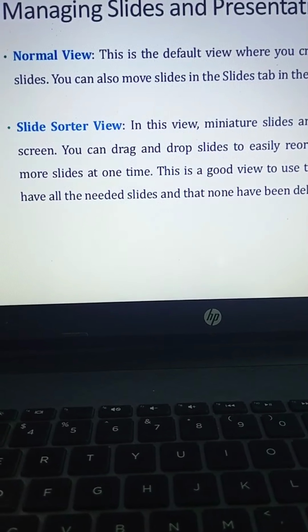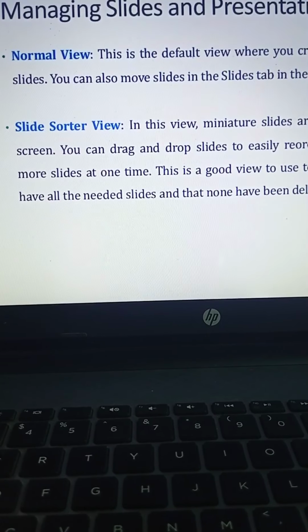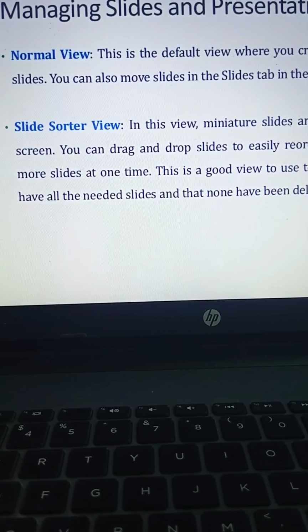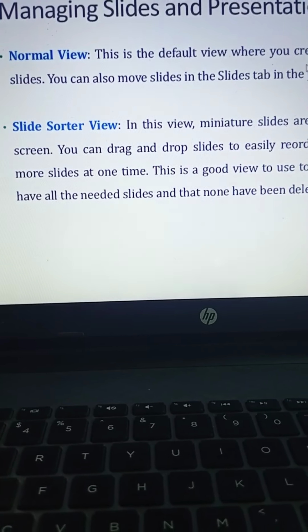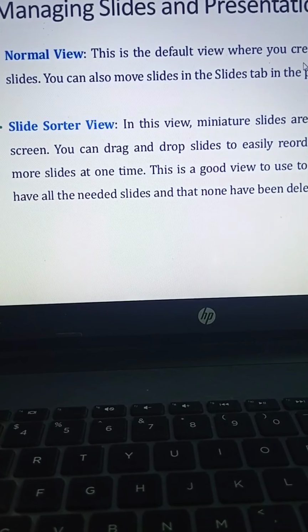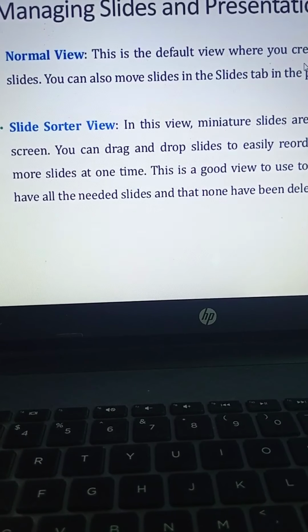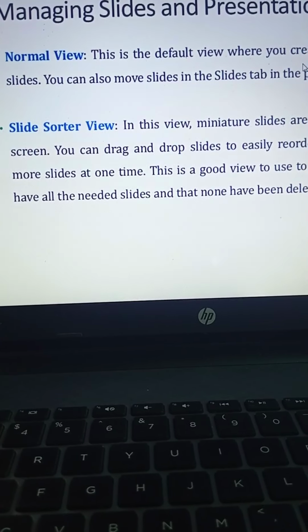You can also have a large view of an individual slide, notes pane at the bottom and outline of the slide text, outline tab and slide display as thumbnail, slide tab all the same time. To open this view, select the view tab and click on the normal button or click on the normal view icon on the status bar.